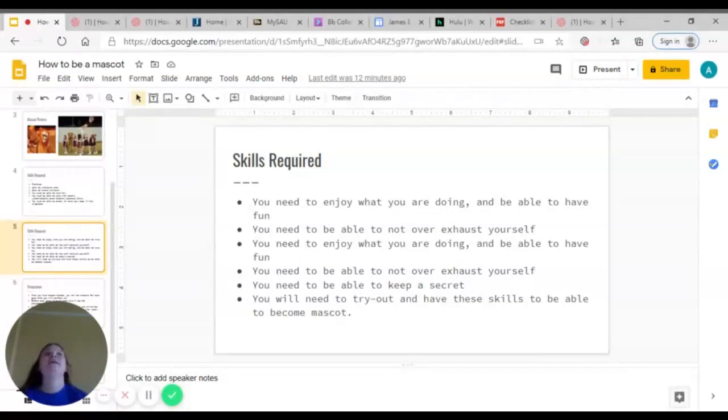You need to be able to keep a secret. If you can't keep a secret, it's going to be very difficult to have fun with it, because if you remove the secret aspect, then they know who you are, and now you're going to be embarrassed more easily. Everyone in my high school pretty much knew that I was the mascot. It was very hard to keep it because there's only 35 in my class, and we were a very small school. So everyone already knew.